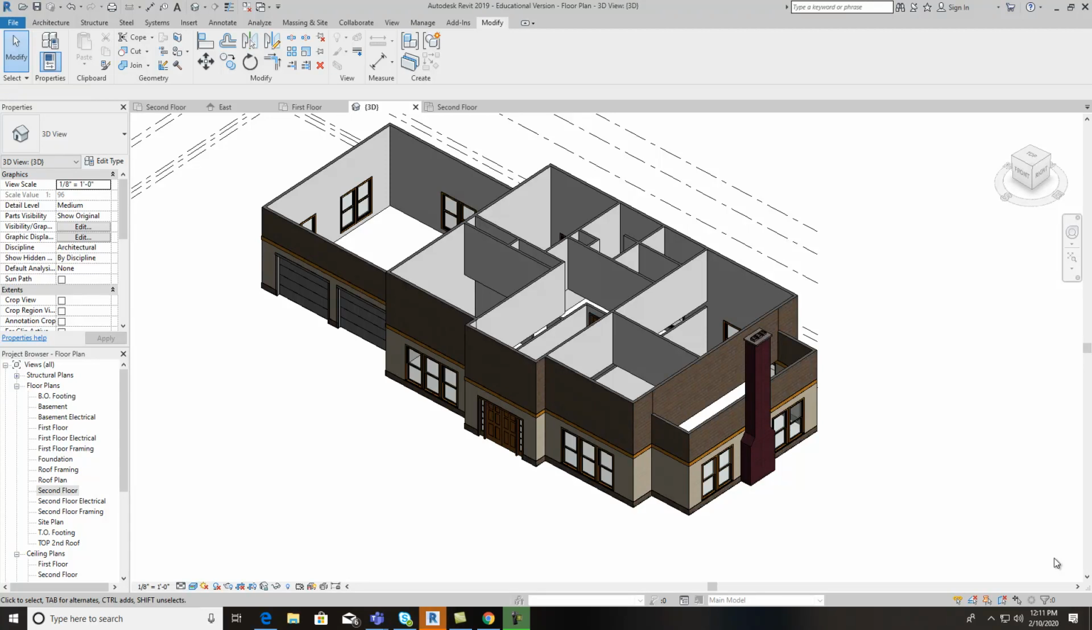Welcome back to CAD 216, and we are up to this point of this house. Now this is in your textbook, and we are going to put doors and windows in the second floor, and we'll get started with it right now. So let's go to second floor on our floor plans,